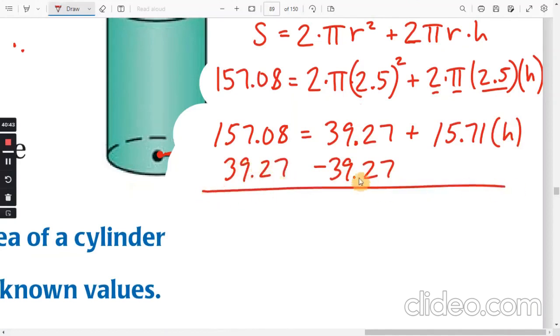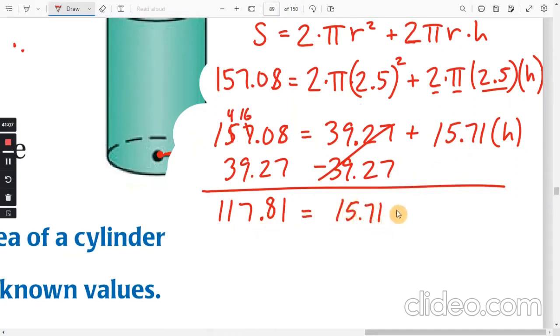And it cancels here. 8 minus 7 is 1. 10 minus 2 is 8. And this becomes a 6. Okay, this becomes a 4. 16 minus 9 is 7. 14 minus 3 is 11. And that's going to equal 15.71